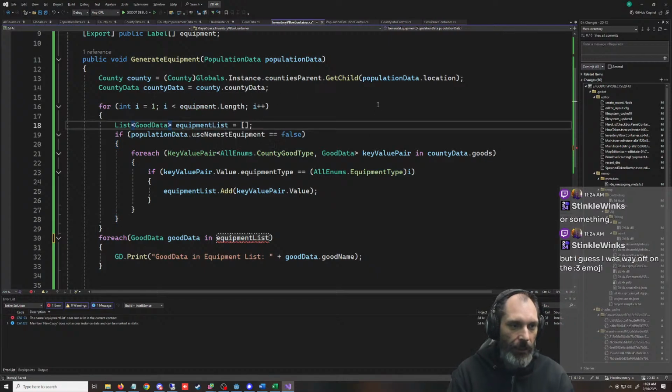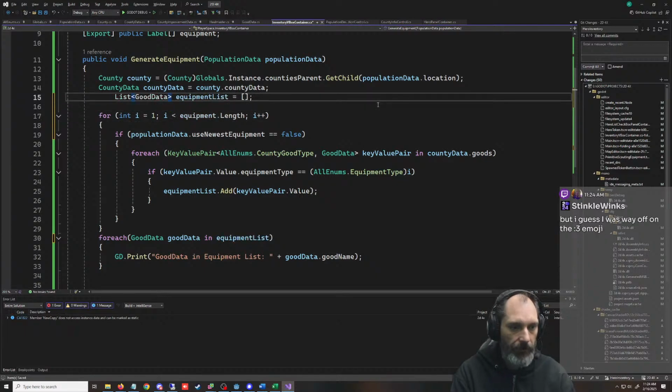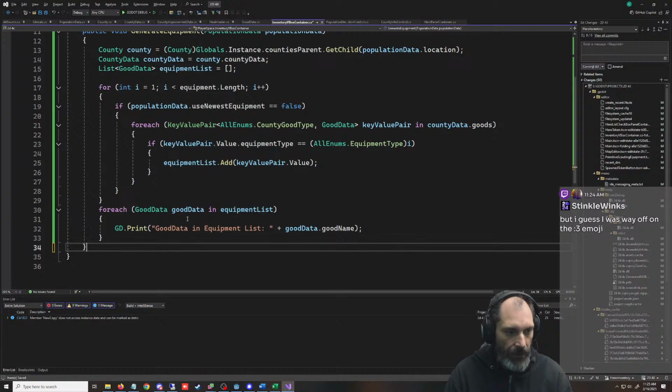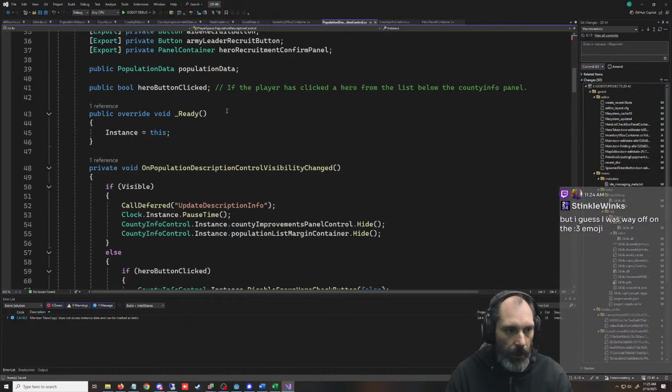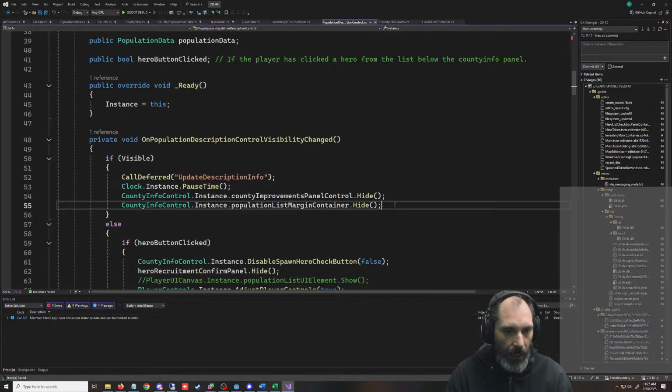I guess we could put this up here. Then we've got to attach this to something. So what we're going to do is generate equipment. We're going to put this inside the population description thing. Is visible equals yes.